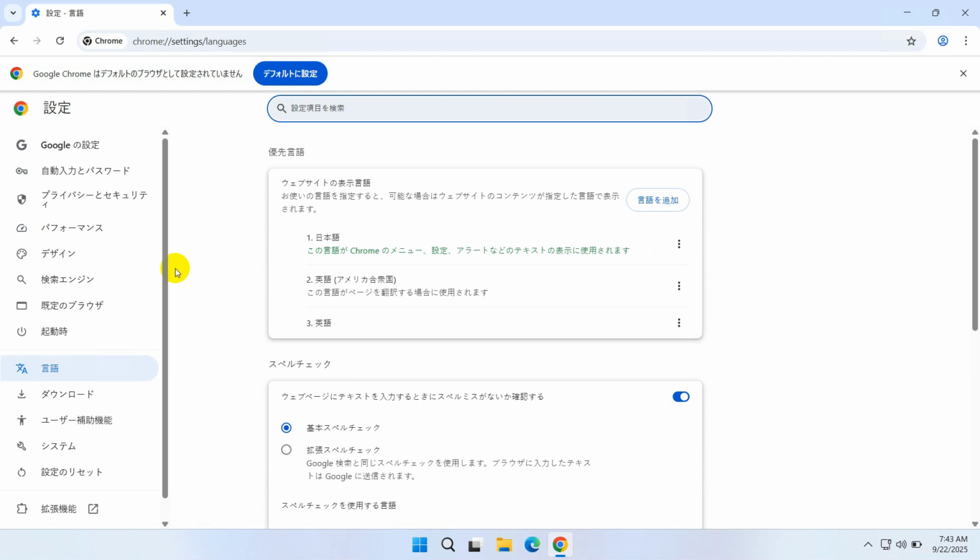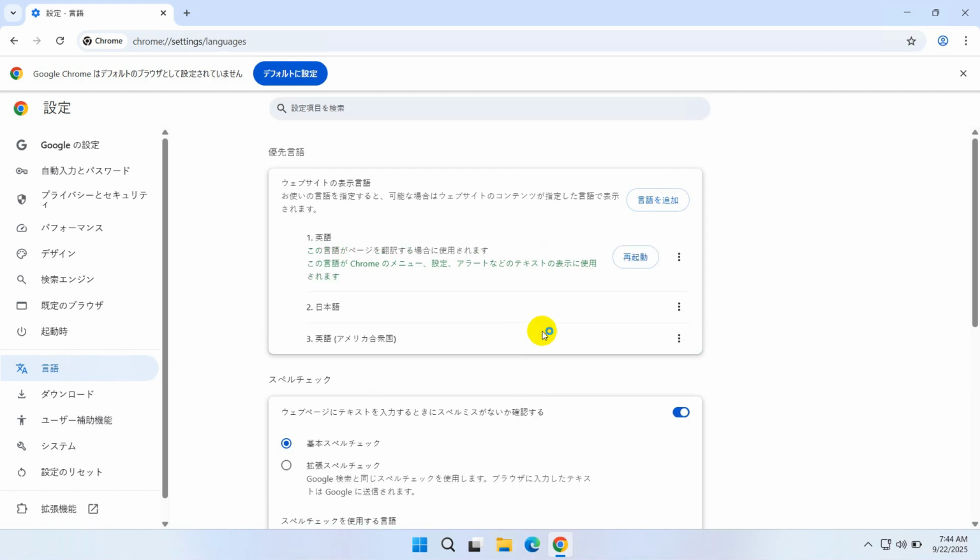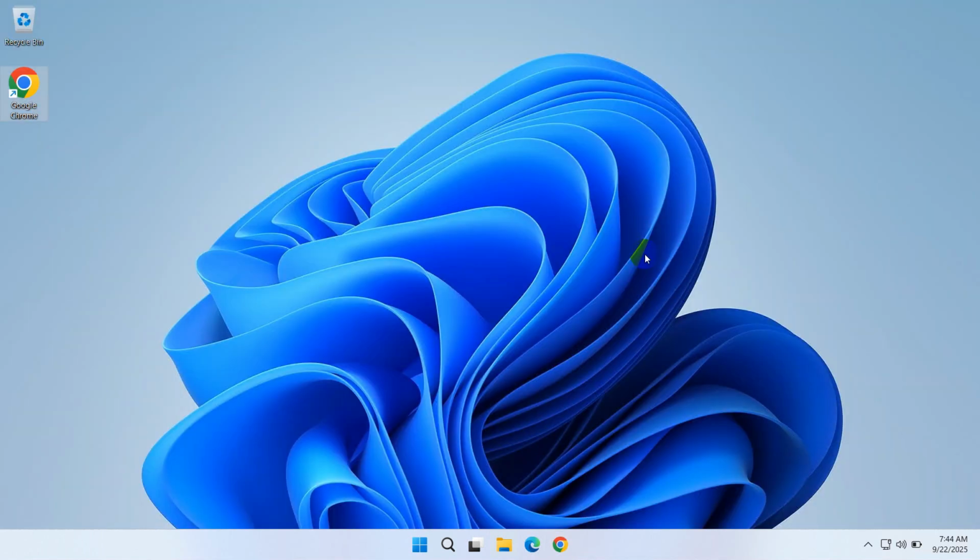Now you can see, make sure you understand here, this is your current language, Japanese. And to choose another language, you can also add the language here, but be careful. If you change into a language that you don't understand, you must remember this position of the language menu, so you can set back into English, for example, like this. Okay, we can click relaunch,